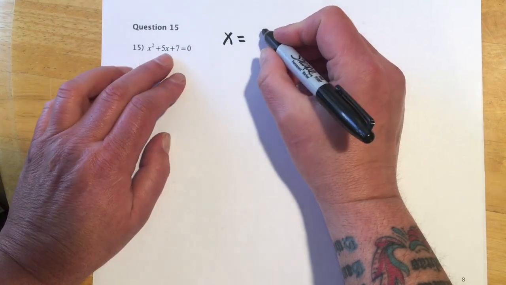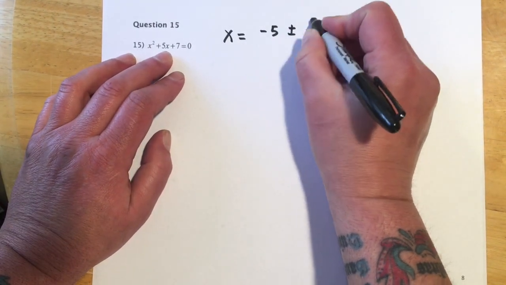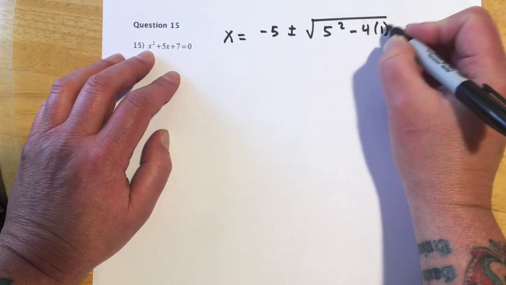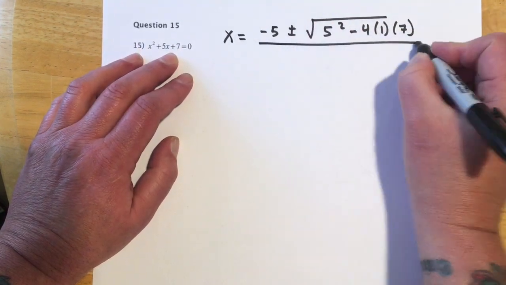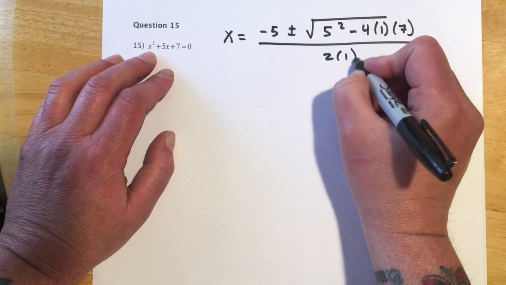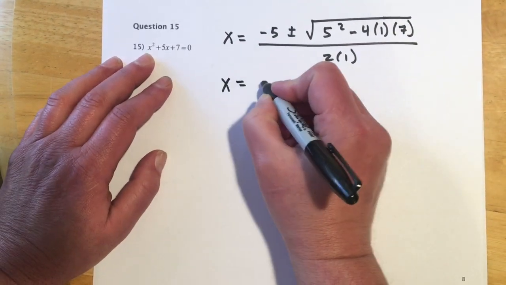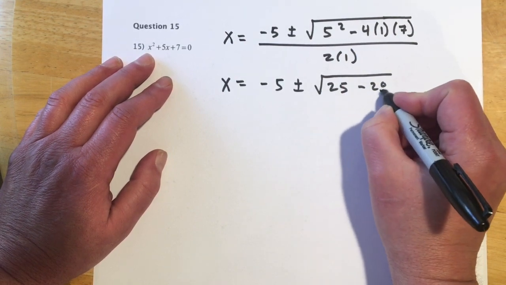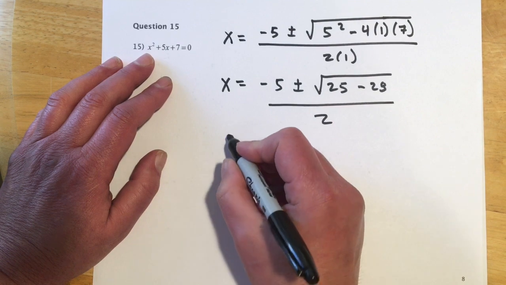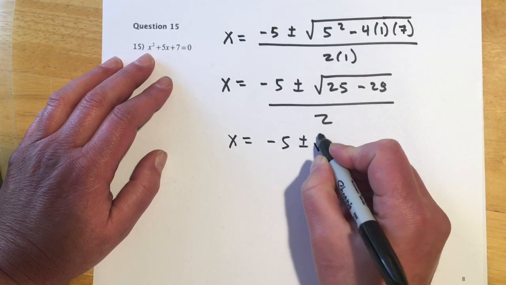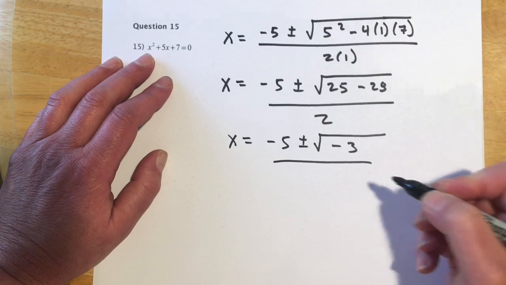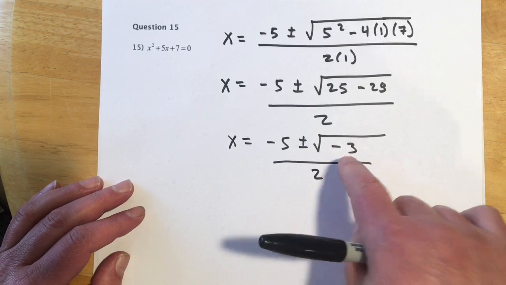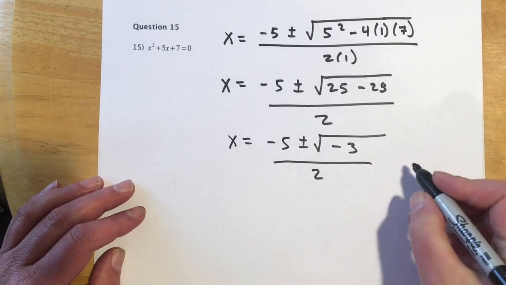So x equals negative b, so that'd be negative 5, plus or minus 5 squared minus 4 times a times c, all over 2a, so 2 times 1, and it makes x equals negative 5 plus or minus 25 minus 28 over 2, and putting those together I get negative 5 plus or minus negative 3 over 2. So this time this came up negative, and you may remember from math 95 or 98,